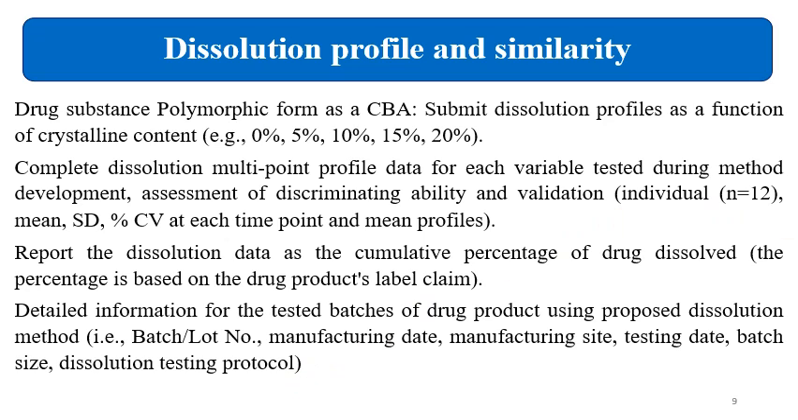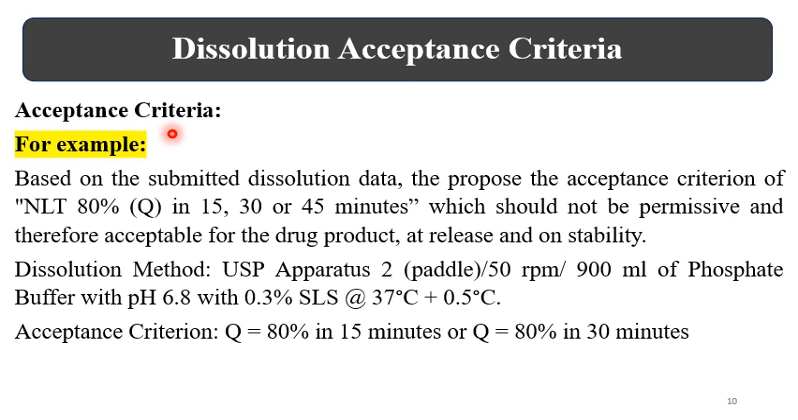So this is the generalized requirement. Then acceptance criteria. So acceptance criteria should be very judicious. It should not be much permissive, and this acceptance criteria should be able to reject the batches with inadequate bioequivalence. So based on the submitted dissolution data, the proposed acceptance criteria should be not less than 80% Q in 15